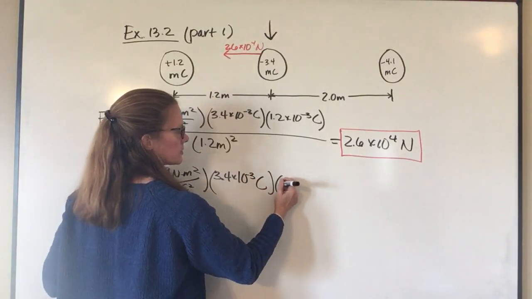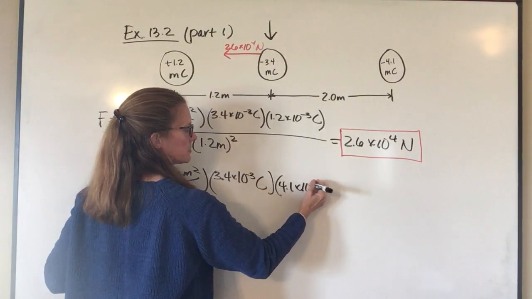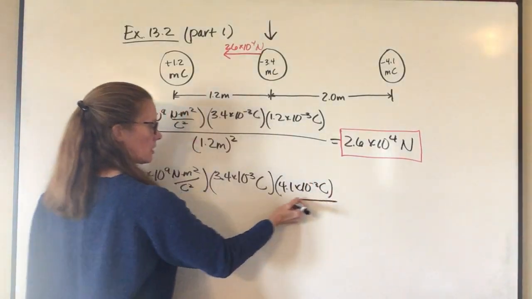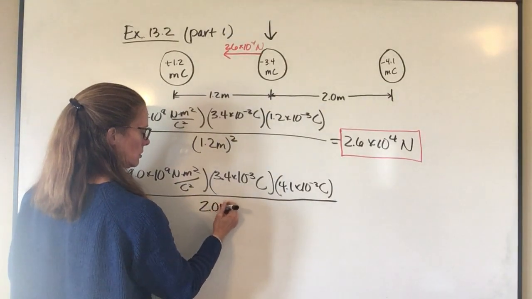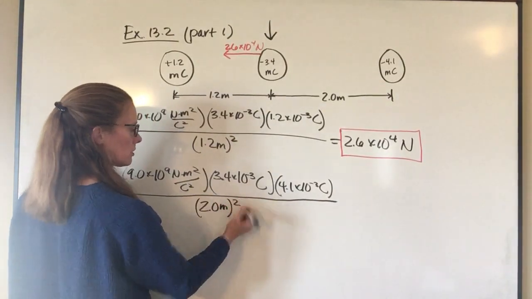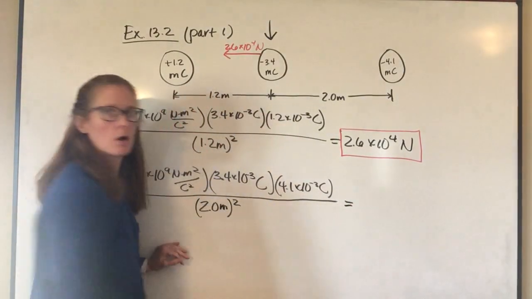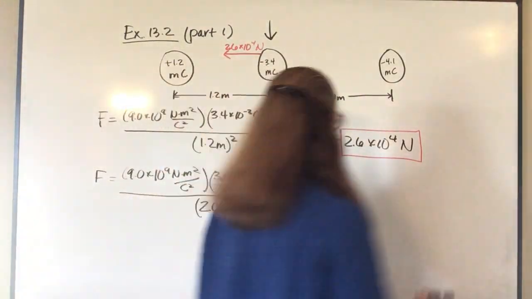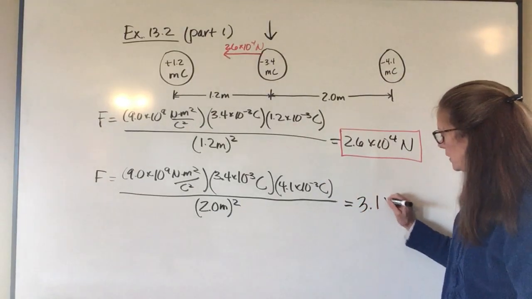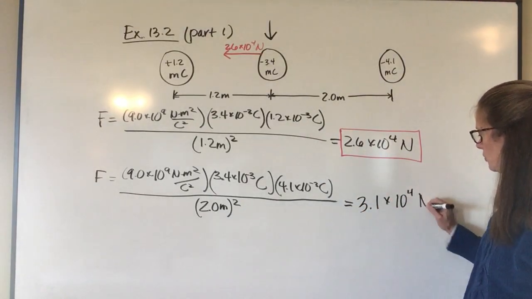And this one's going to be 4.1 times 10 to the minus 3 coulombs. And the distance between these two charges is 2 meters. And so that goes in the denominator and it is squared. So once I plug all those numbers through, I'm going to end up with 3.1 times 10 to the 4th